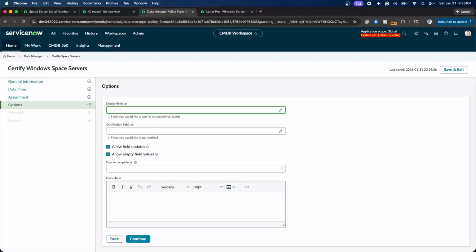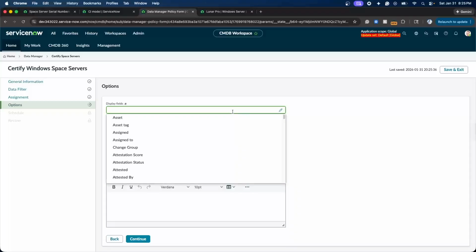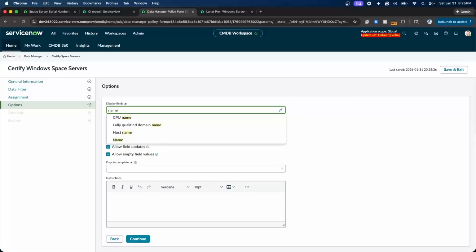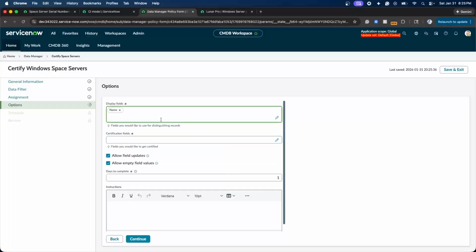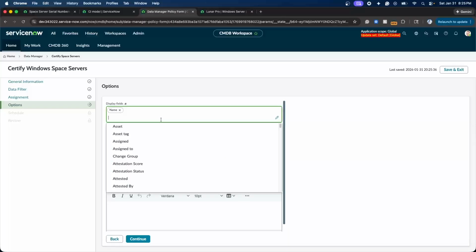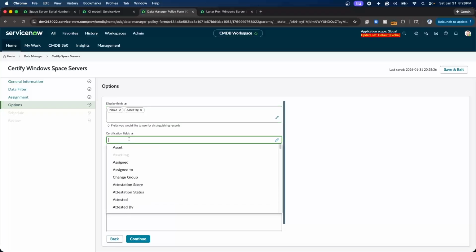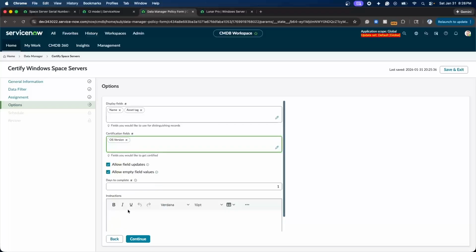With the display fields, these are selected to help a user identify the record being certified. So we're going to do name. And that's probably good. We don't have to use class since it's a Windows Server class, or asset tag. We'll do this one as well just to make it easier. And then what are we actually certifying? It's going to be the OS version. Perfect. We're going to give her 1 day to complete it, and the instructions are